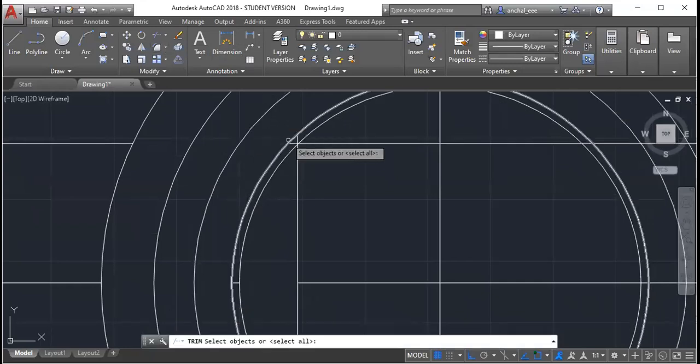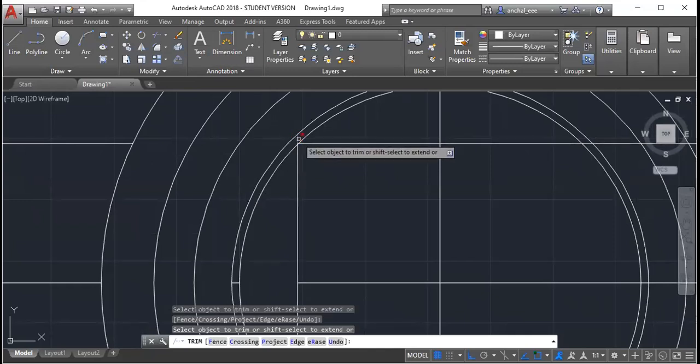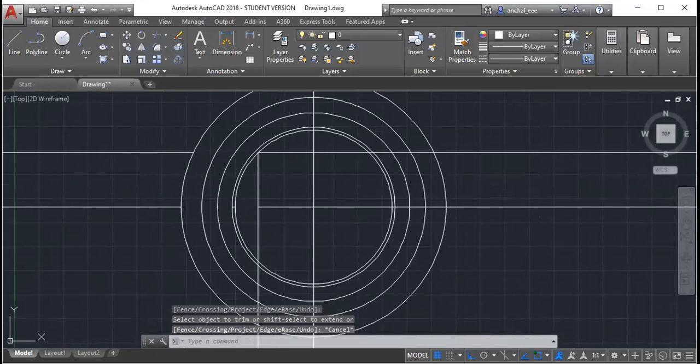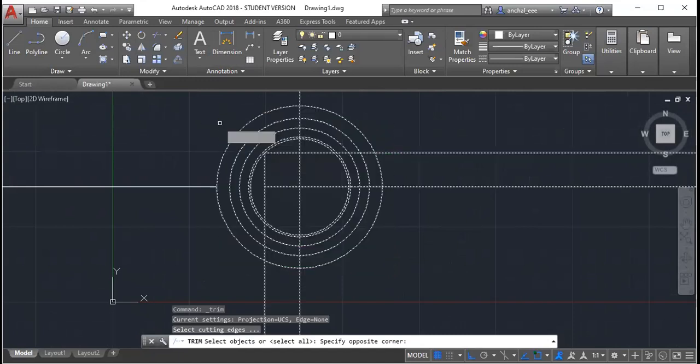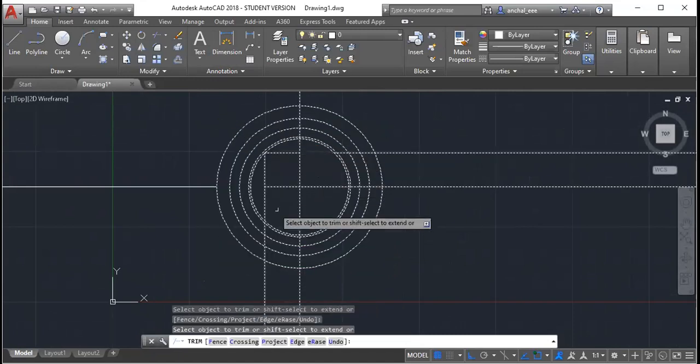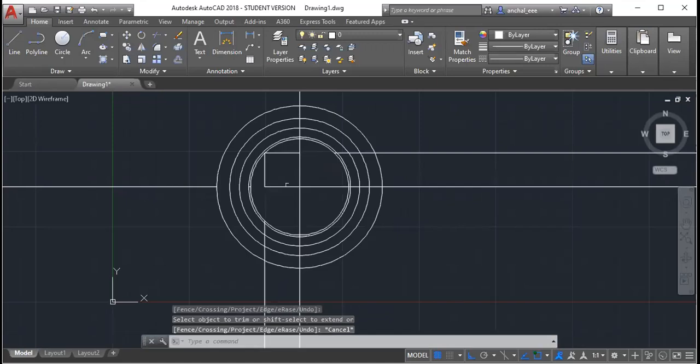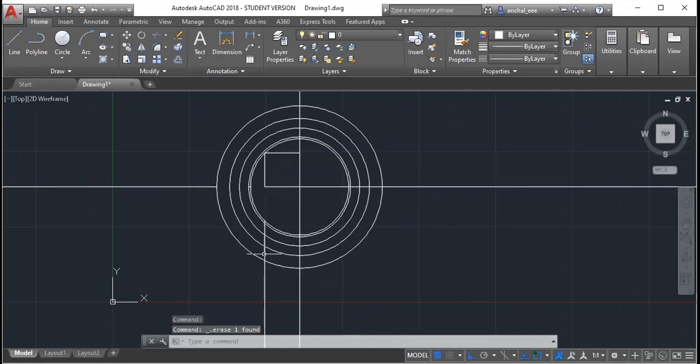So just trim these lines. So you are left with these things. Okay, the core of the transformer is this much.